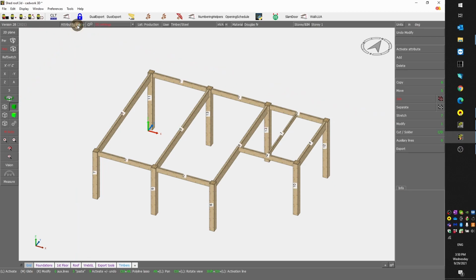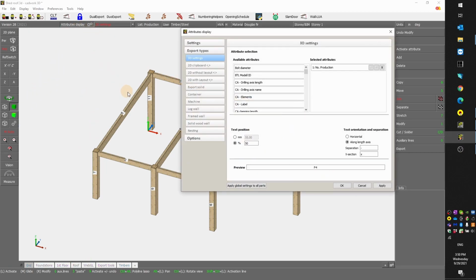You can display or not production numbers, but if you click on the gears here, you see that you have lots of options. Currently we are only displaying the production number, but I could add all these